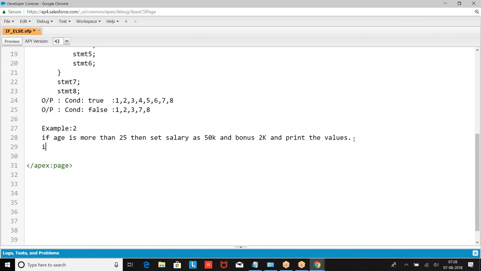What am I doing? First, what variables do we require? Integer age. Otherwise, we can straight away write the snippet of the code. The snippet is: if age greater than 25, salary equal to 50,000, bonus equal to 2,000, then print the values.